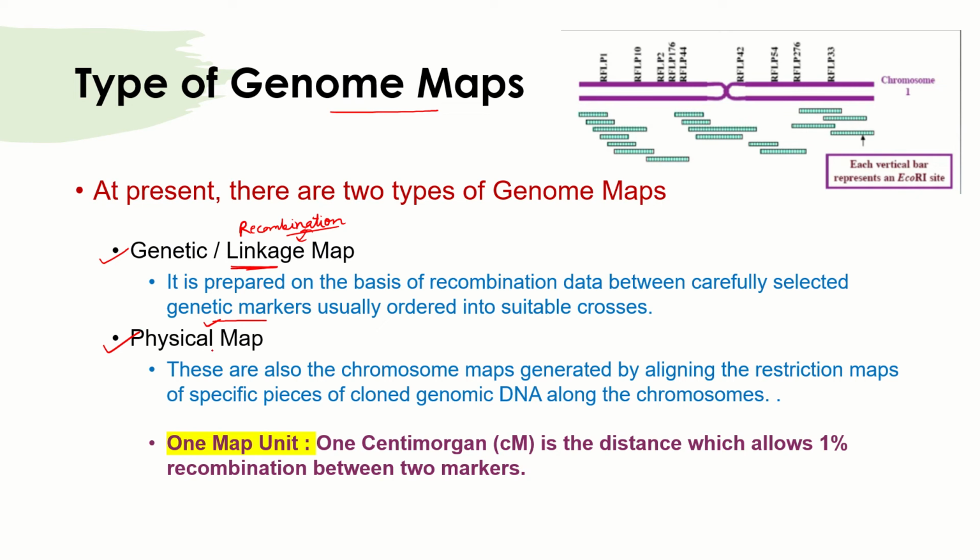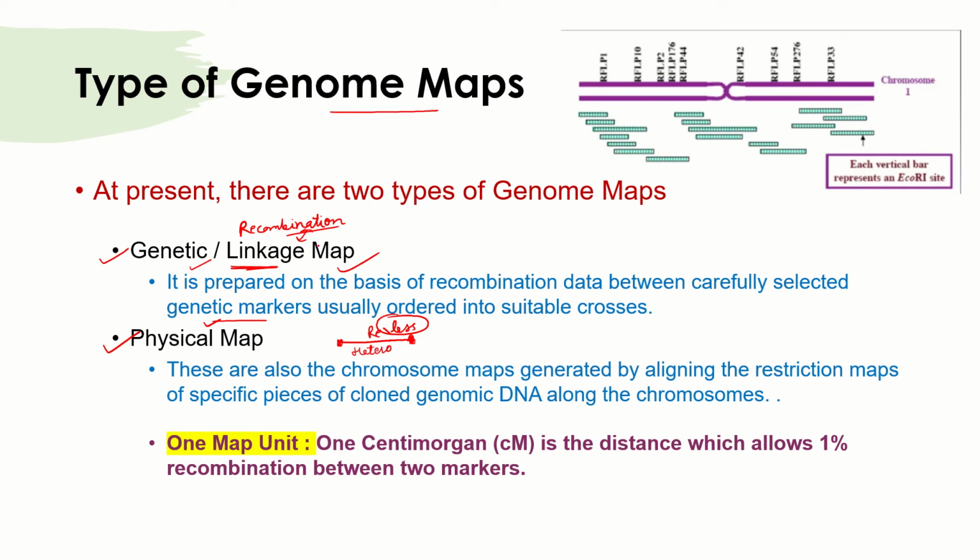Second comes the physical map. A physical map is more relevant, more real. Why? Because it gives you an exact idea about the distance between the genes and how they are related. It is not only dependent upon linkage or recombination, because sometimes there may be a large heterochromatin fragment between the genes, because of which their recombination is less. Through the genetic map we will propose that they have more linkage and are closely placed, but actually those genes are distantly placed and show less recombination because there is a lot of heterochromatic material inside.